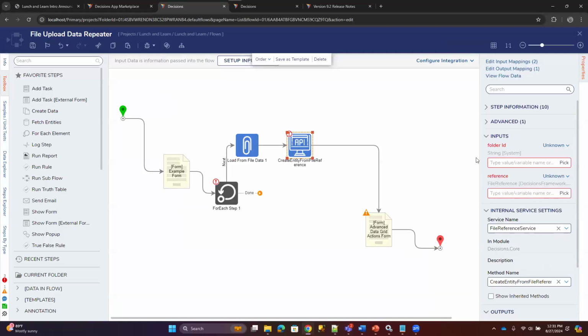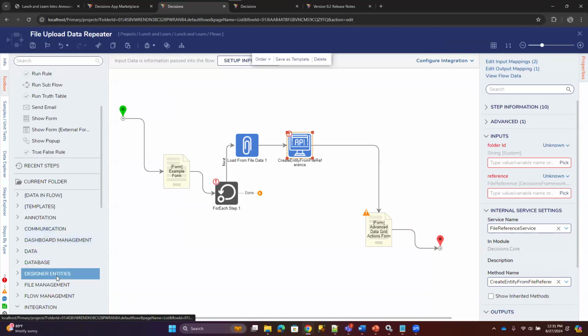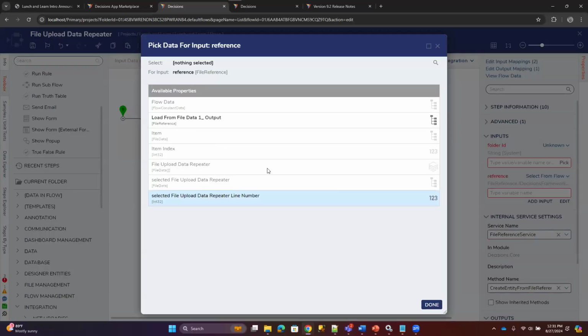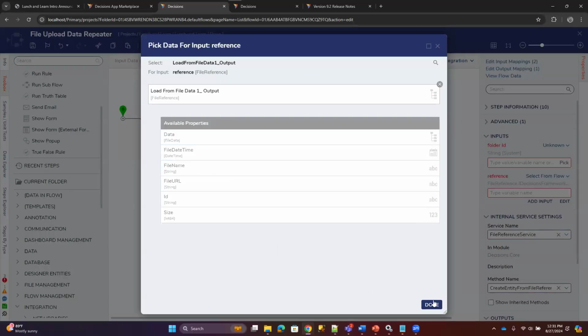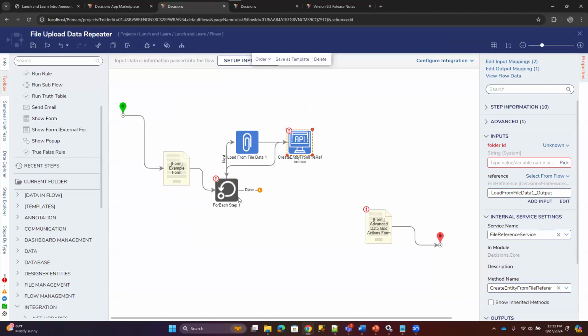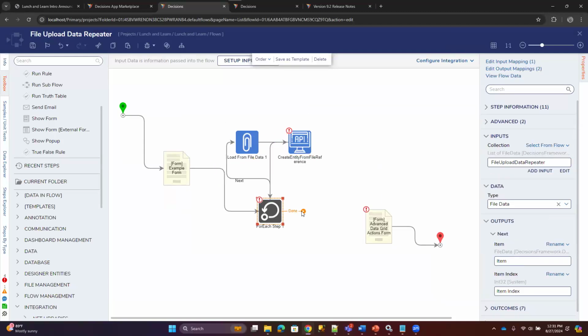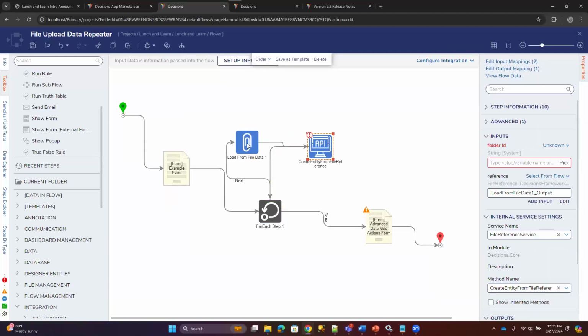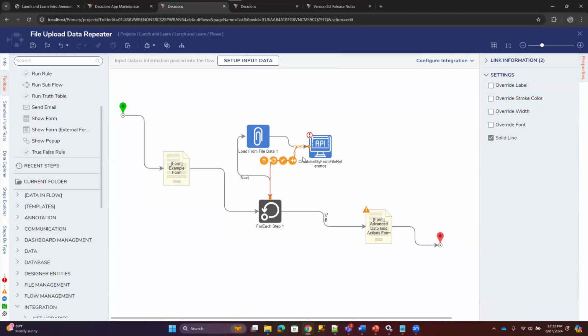And then my create entity from file reference step that you get from integration internal services, I can make the load from file data output. And then obviously you'd have to have the ID of the item that you want. Send it back to your for each step to loop through and get all of the items. And there you'll be able to actually save everything from all of these file data items